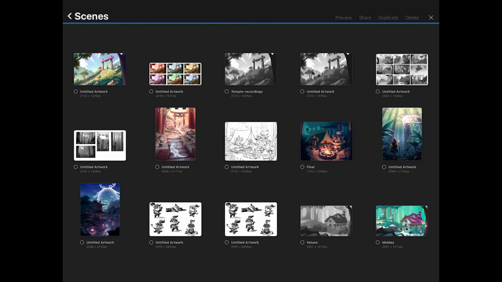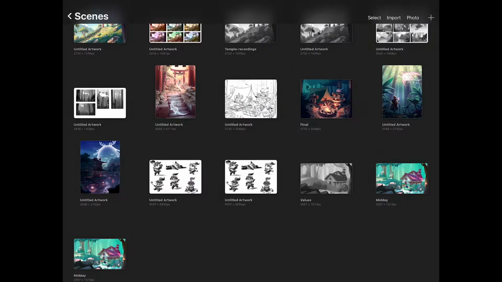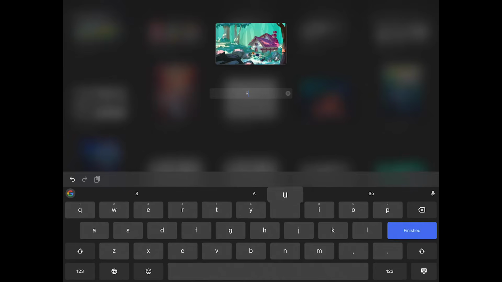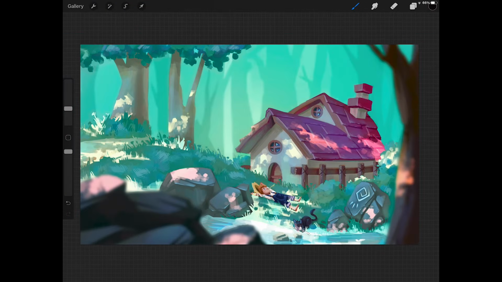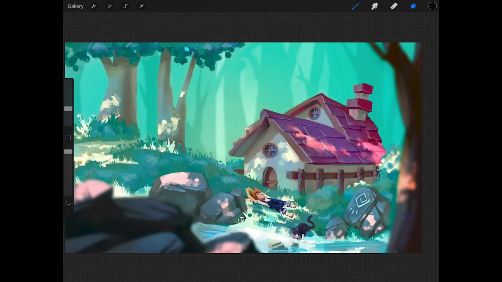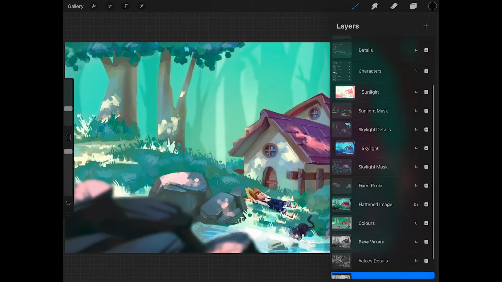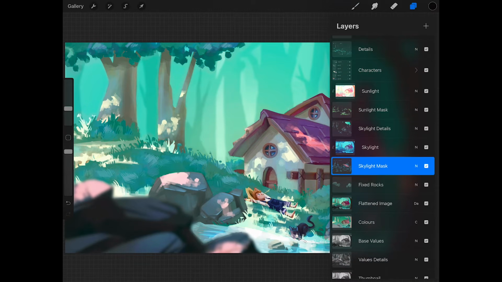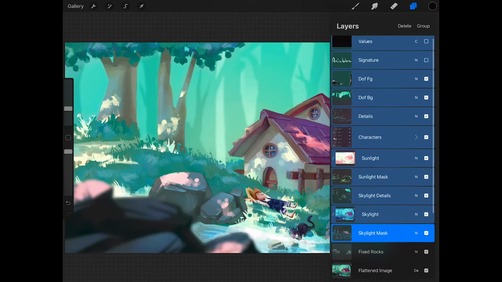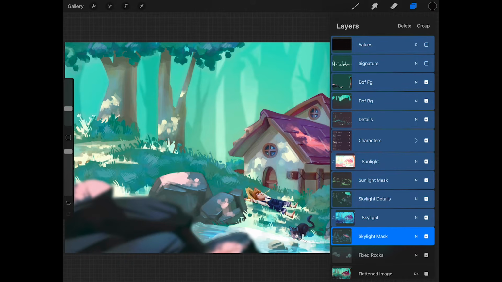Now let's take our project and duplicate it so we don't mess with the original. Give it a logical name. We'll call this sunset as this is the time of the day we're aiming for. Now first thing we need to do is bring our scene back to the ambient light stage, before any main lighting was added, such as the sunlight, the skylight, or any other details. So I'll go to the skylight layers and hide these and any other layers above, leaving the base we need